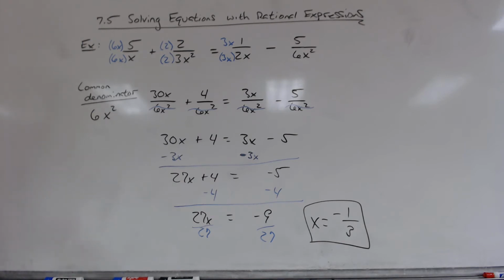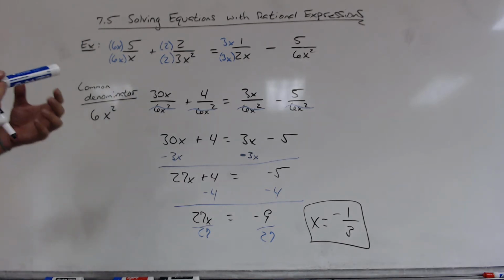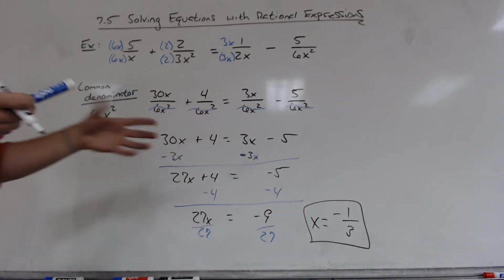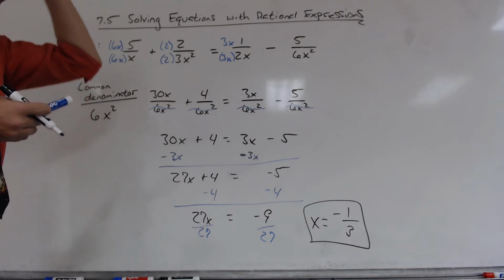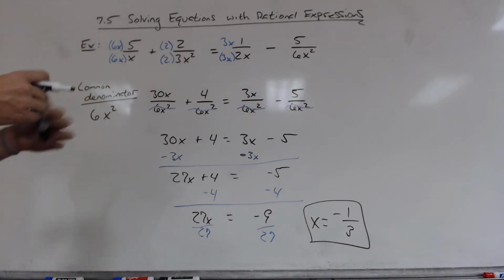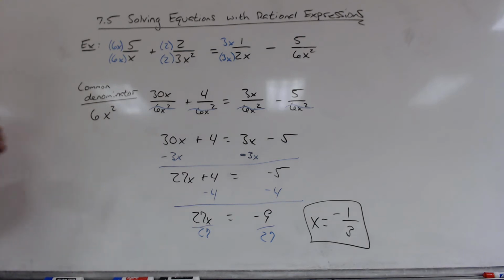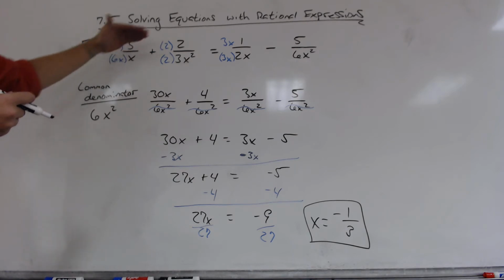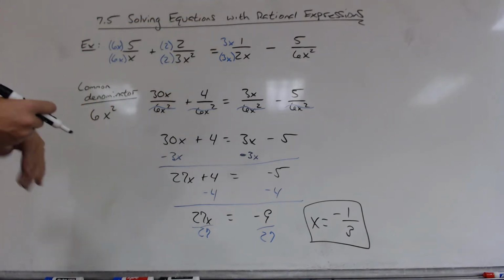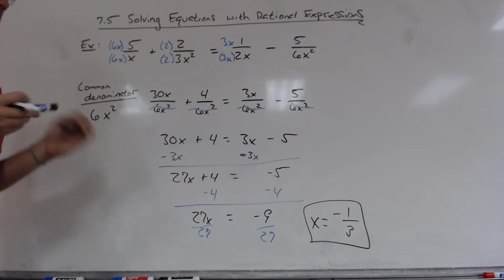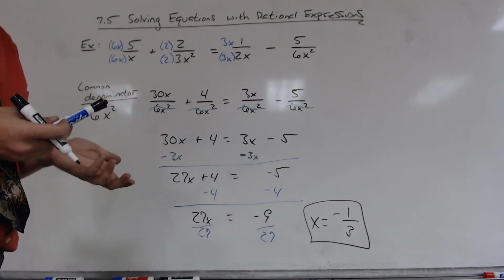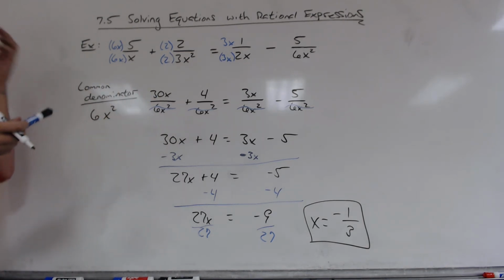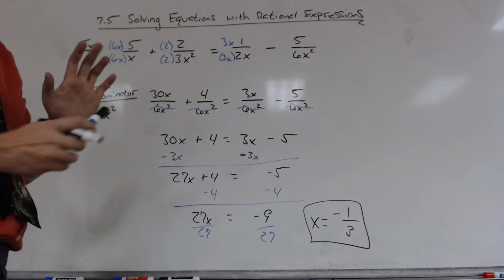And when you're all done, you do want to be careful, because sometimes when you solve these equations, your answer that you find actually doesn't work. And what I mean by that is we want to go back up into this equation and see if there's a value of x that is unhappy for our problem. And what I mean by unhappy is, we know, since I have a whole bunch of division, 5 divided by x, 2 divided by 3x squared, 1 divided by 2x. Right? Anytime we have division, we have to be careful, because we don't want to divide by 0. Right? Division by 0 is undefined, and it breaks the problem, and it's not a solution. There's nothing good that happens when we divide by 0, so we just want to make sure that we're not